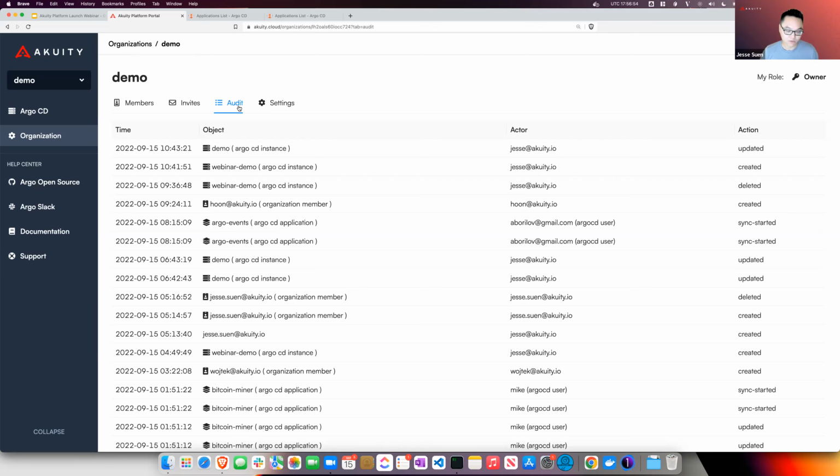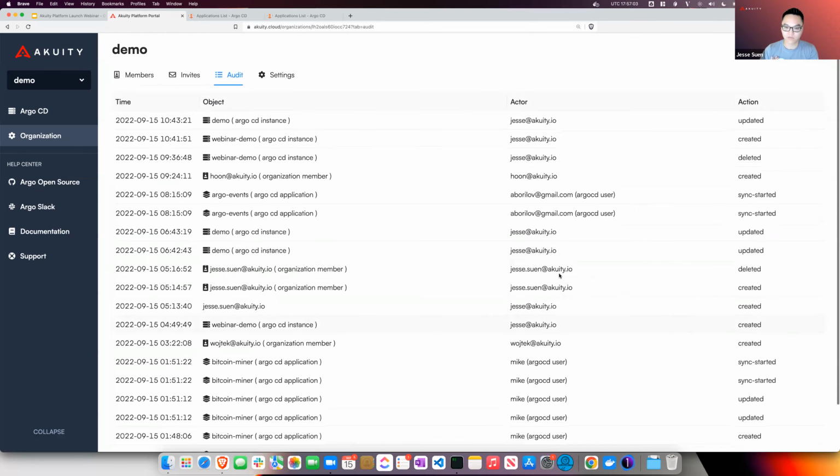Because without this, if you delete an application, you've lost what happened. But here we can record long term in case you need to trace back some consequential event that happened, and see who did what and why and when.